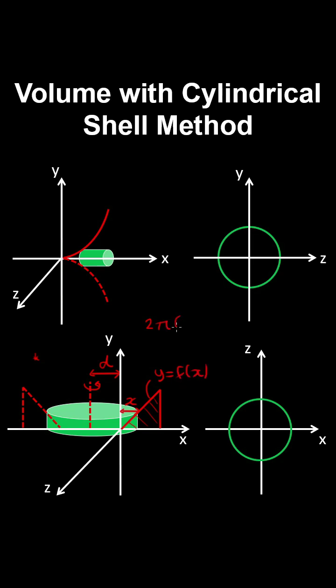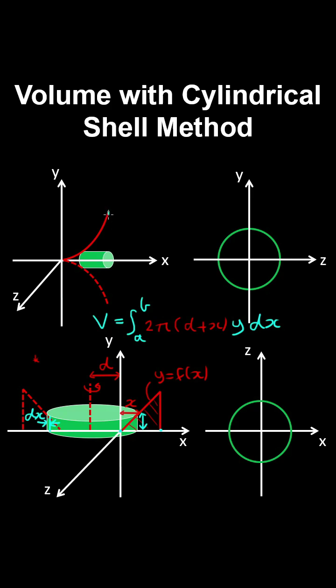So therefore 2 pi by the radius and multiply by the height of the shell, which is y, gives us the surface area of that cylinder. And if we give this cylindrical shell an infinitesimal thickness in the horizontal direction, then this expression gives us the volume of this infinitely thin cylindrical shell. And now we can integrate from x equals a to x equals b to get the volume of the revolved solid. And I encourage you to apply this method to this problem over here, where we're revolving this two-dimensional region